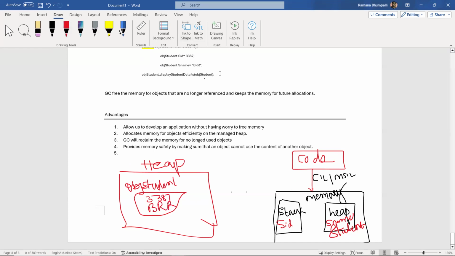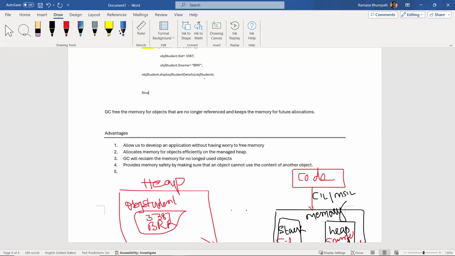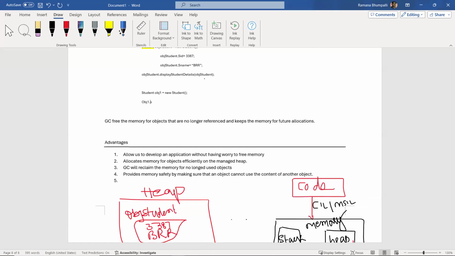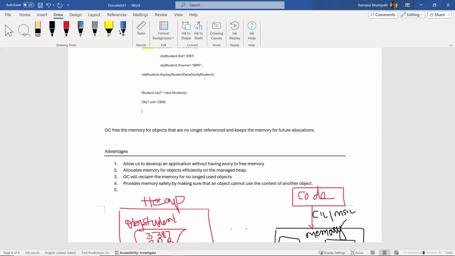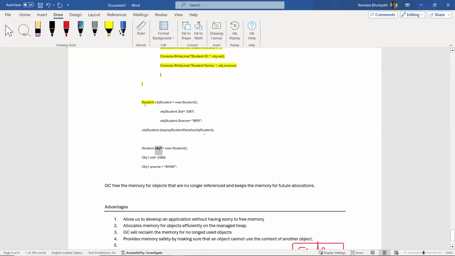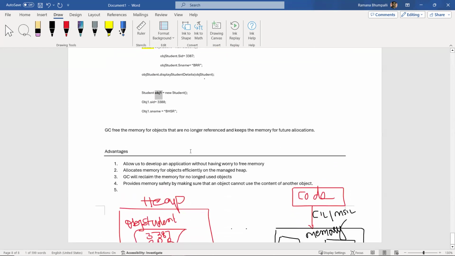Now when I'm trying to create one more object, student obj1 equal to new student, obj1 dot SID equal to 3388, obj1 dot sname equal to bhsr. So this object is different and this object is different. Both are different objects. Now what it will do is, it will create